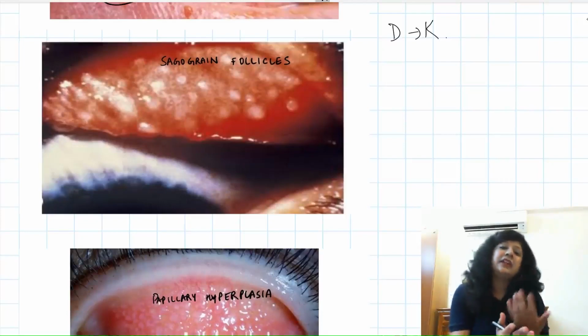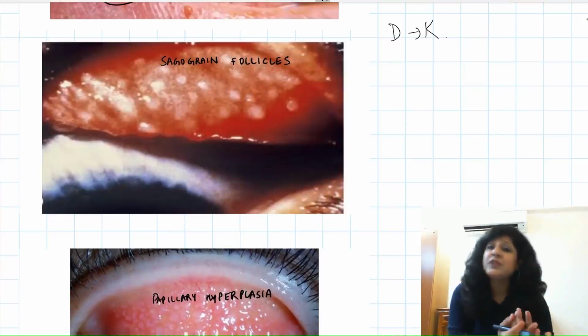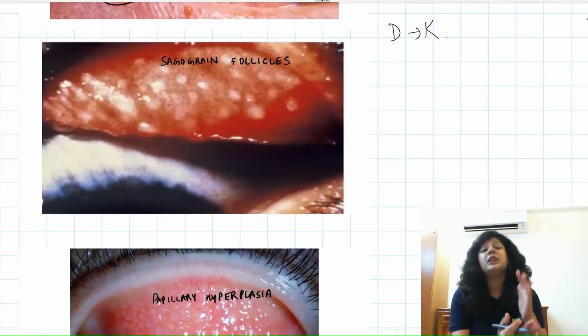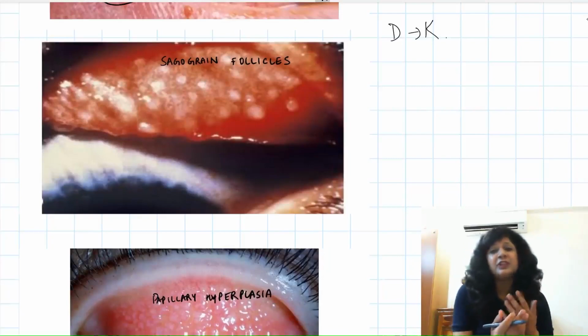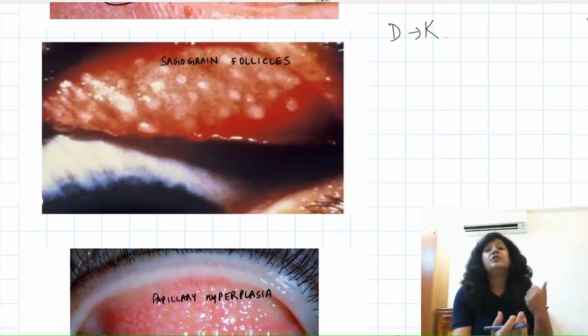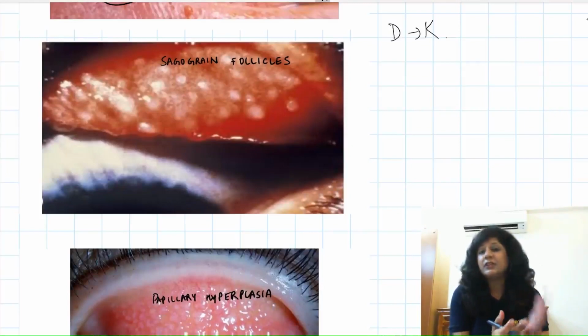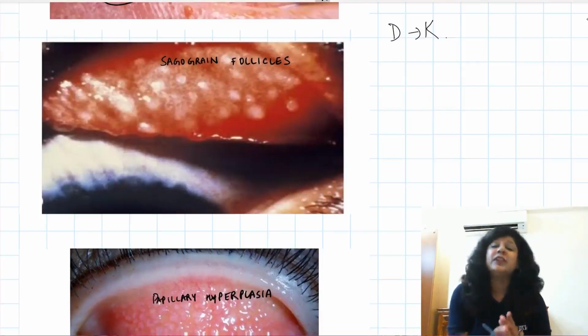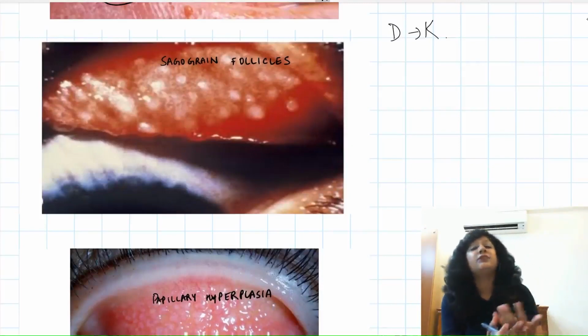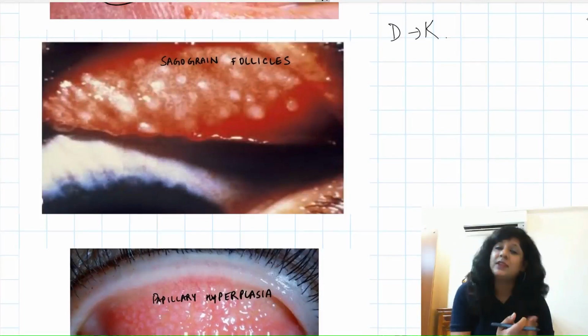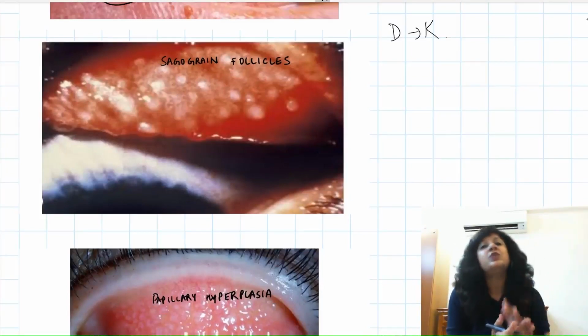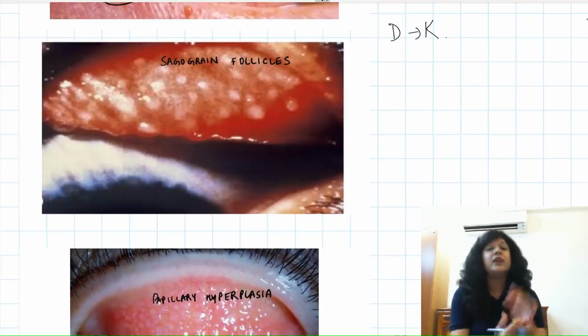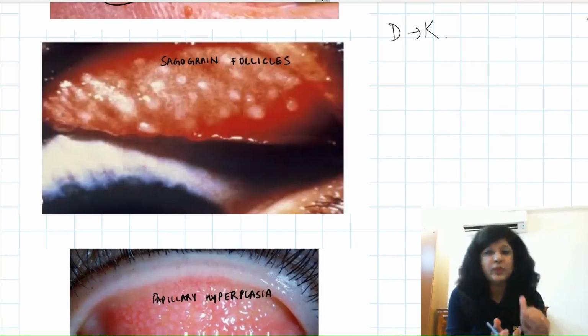Now, if it is occurring in adults, this is called swimming pool conjunctivitis, because in the swimming pools, the spread is very common from your own infected genital secretions or the other ones, if the water is not properly disinfected. So in that case, this can occur. This is called swimming pool conjunctivitis. While in neonates, from the mother's genitals to the baby, this can also occur. That is called neonatal inclusion conjunctivitis. So another important thing is your swimming pool conjunctivitis.